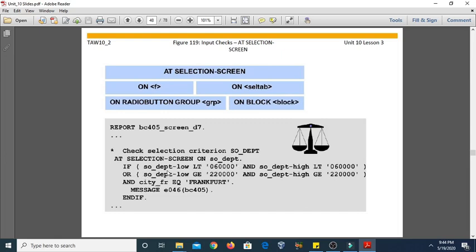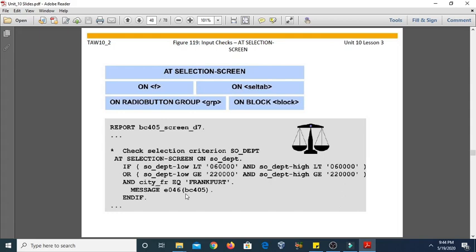If SO_DEPARTMENT low value is less than 60,000 and SO_DEPARTMENT high value is less than 60,000, or SO_DEPARTMENT low value is greater than or equal to 2,20,000 and SO_DEPARTMENT high value is greater than or equal to 2,20,000 and the city FR is equal to the city name, then it will display a particular message on the screen.